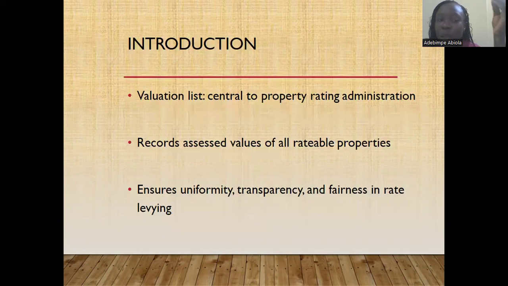I think last week I made mention about it, but this week we'll be going extensively into what valuation list is all about. So in a way, we can say that valuation list is an assessment roll,